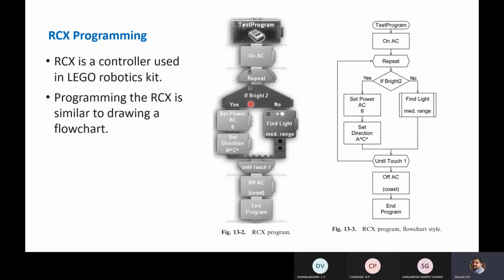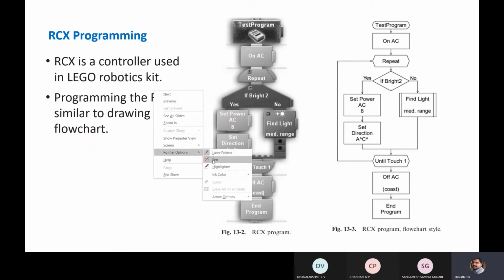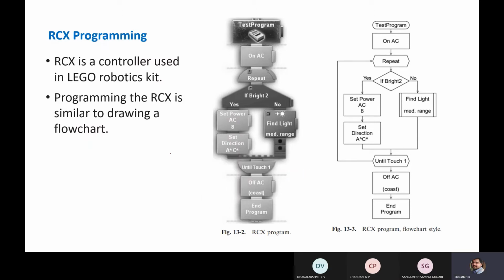If the sensor is able to detect the presence of light, the robot is supplied with high power and the direction will be set. An upward symbol like this represents forward direction, and a V-like symbol represents reverse direction.